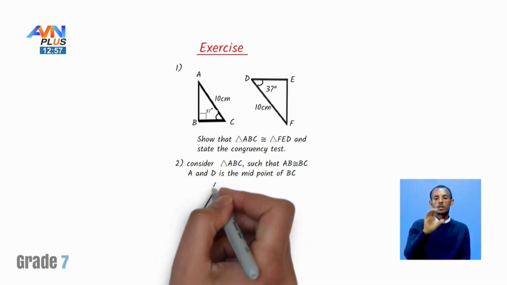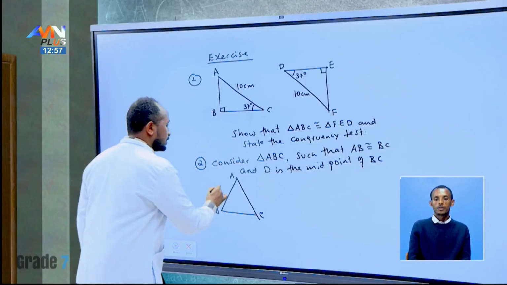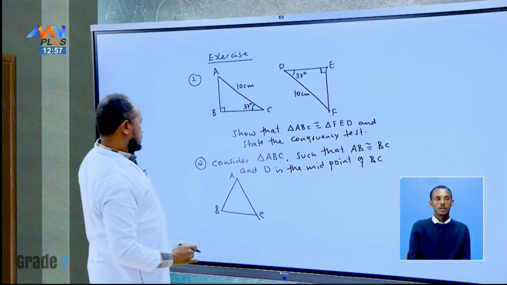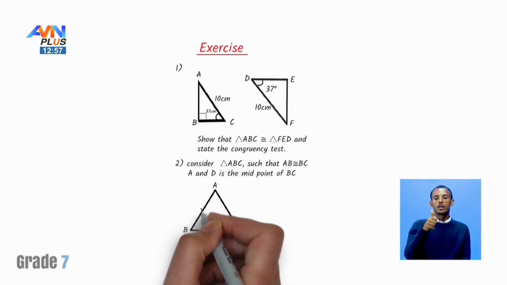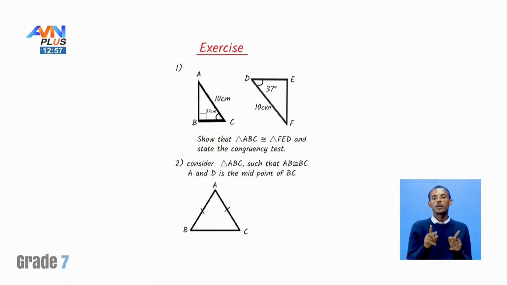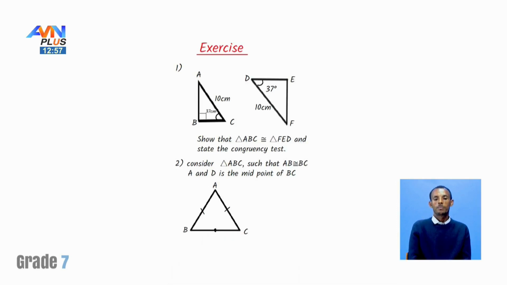Here is a triangle A, B, C. This one is AB, this one is AC. AB is congruent to AC. Okay, again, D is the midpoint here. D is the midpoint. So you are asked to show